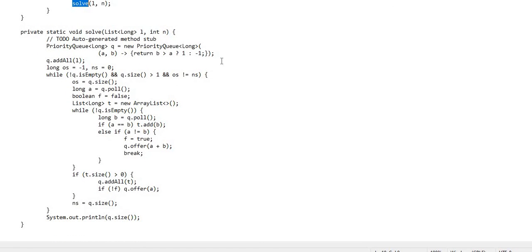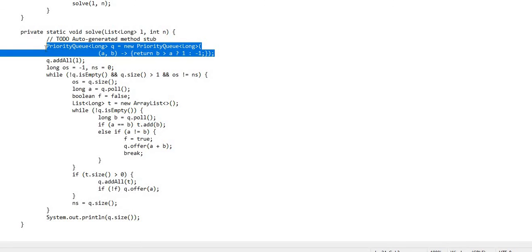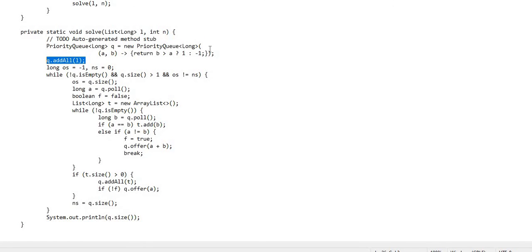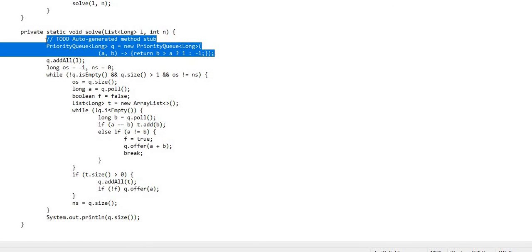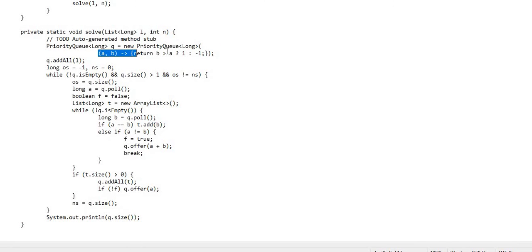After that I'm initializing this priority queue, and it has all the elements from that list, and those have to be in descending order. That's why this lambda part is mentioned over here, where if b is greater than a, it forms the queue in descending order.